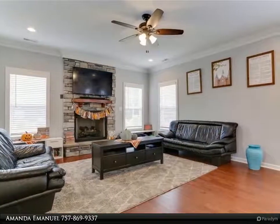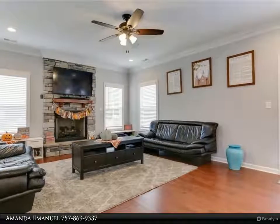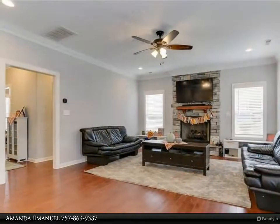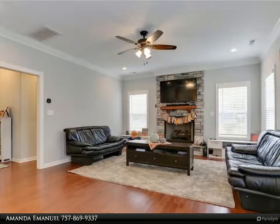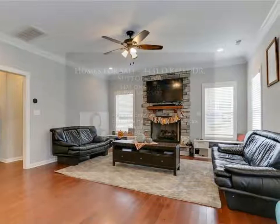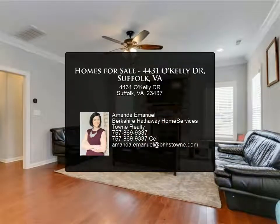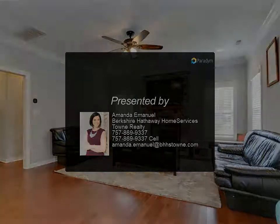The incredible owner's retreat will surely impress with its amazing flex space, oversized, luxury ensuite and dual walk-in closets. Bring the boat or RV and park it conveniently at your home. With an easy commute to nearby military bases and a short drive to downtown cities of Suffolk, Franklin, and other neighboring cities of Hampton Roads. This home was built by a local